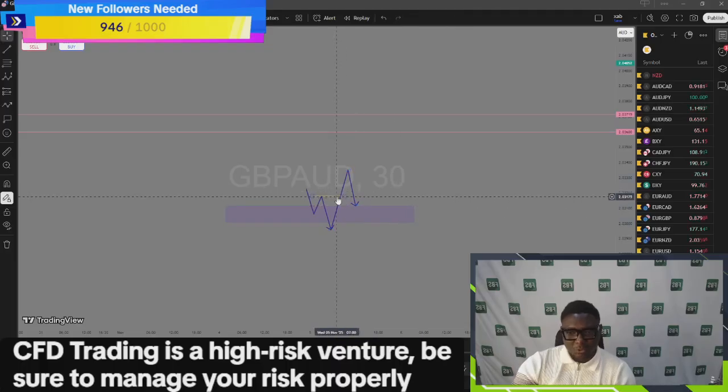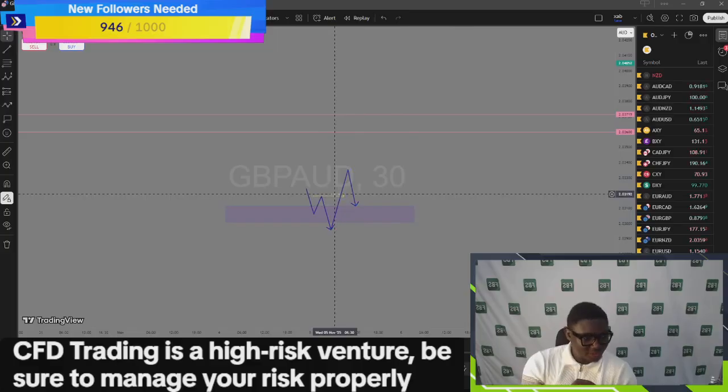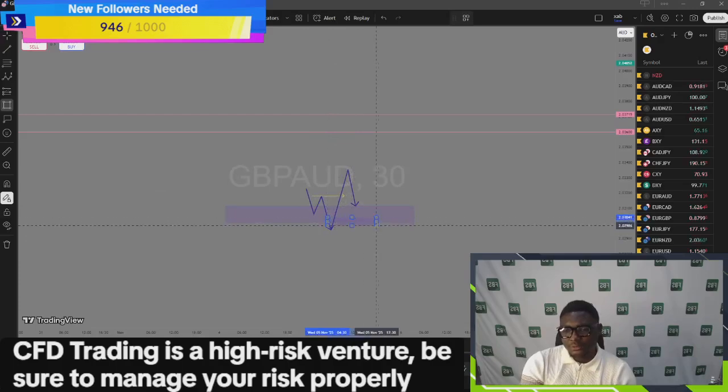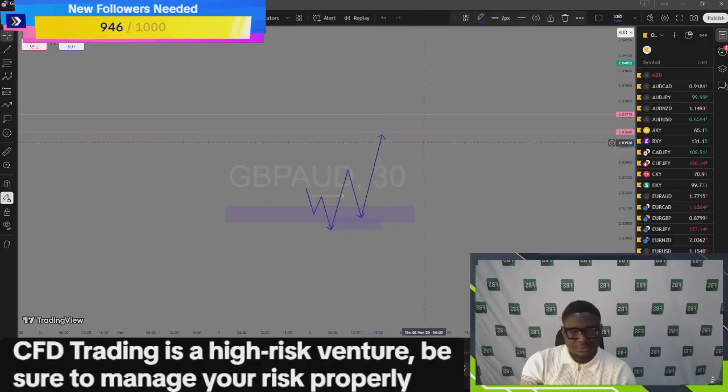Since this key level was broken, you look for the zone, the order block. All you are concerned with is the order block that gave rise to this break. Where is the order block that gave us this break? Once you're able to find that order block, let's say this is the order block here, I'll wait for price to return to it, and then this becomes my entry.